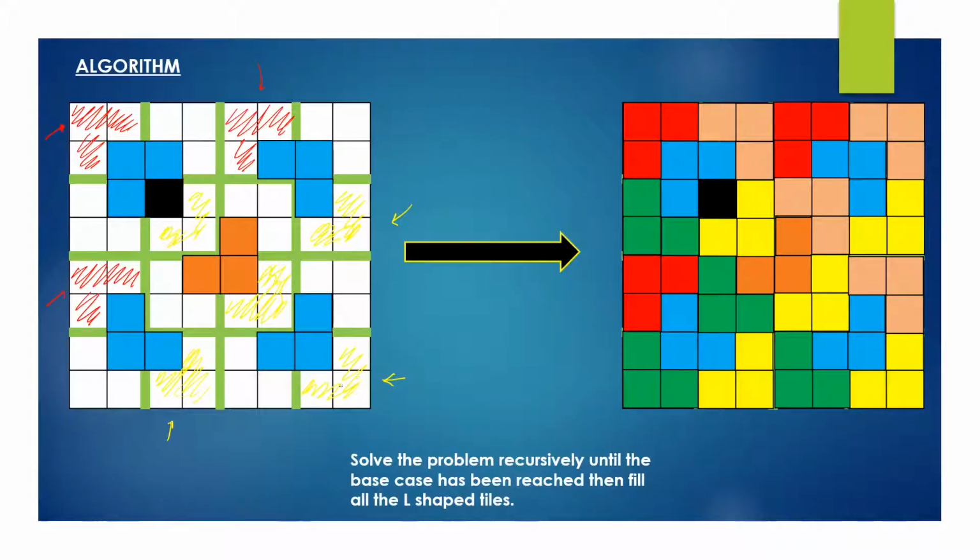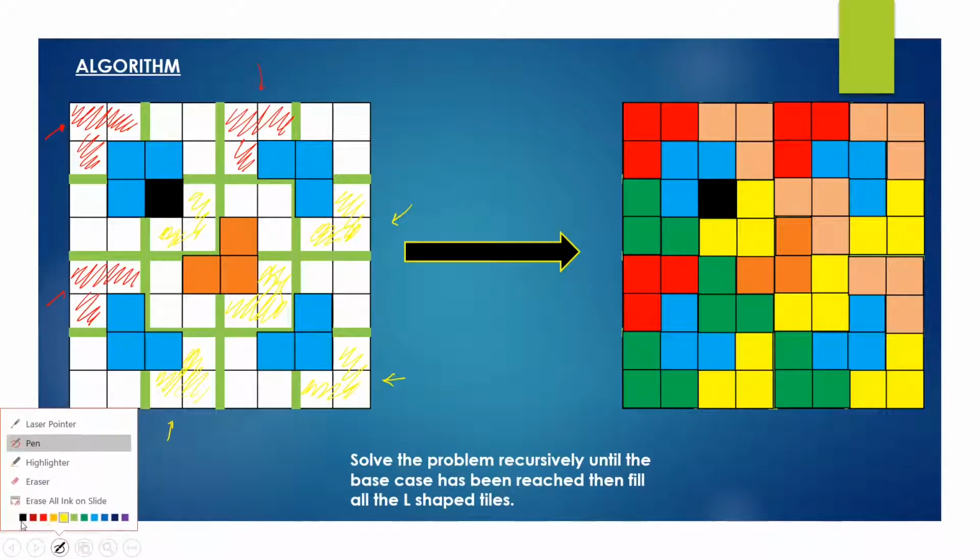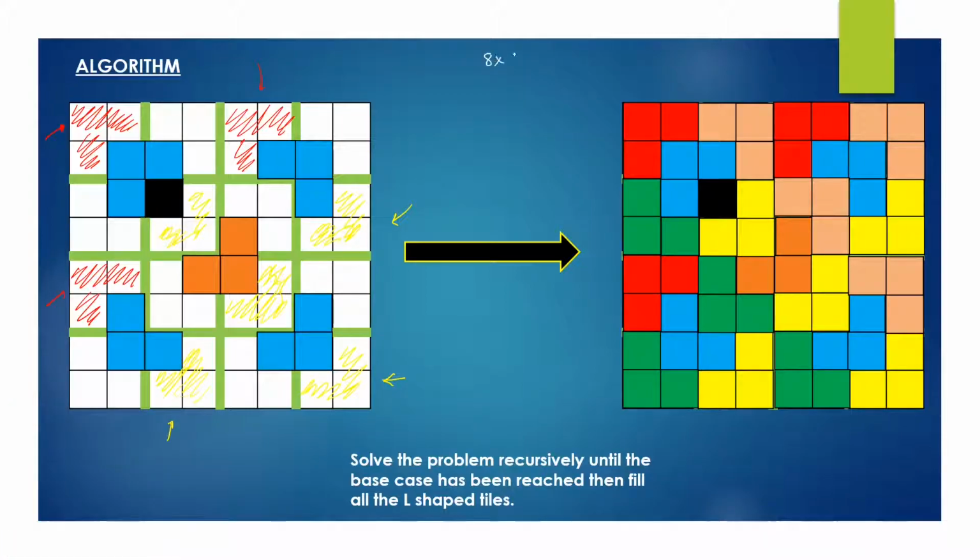So to briefly outline what we've done exactly is that we've taken our problem of 8 cross 8, we've split it into 4 different 4 cross 4s, and for each 4 cross 4 we further split that into 4 2 cross 2s. Alright, similarly for all these three. So at the end what you have basically is 16 2 cross 2 squares, right?